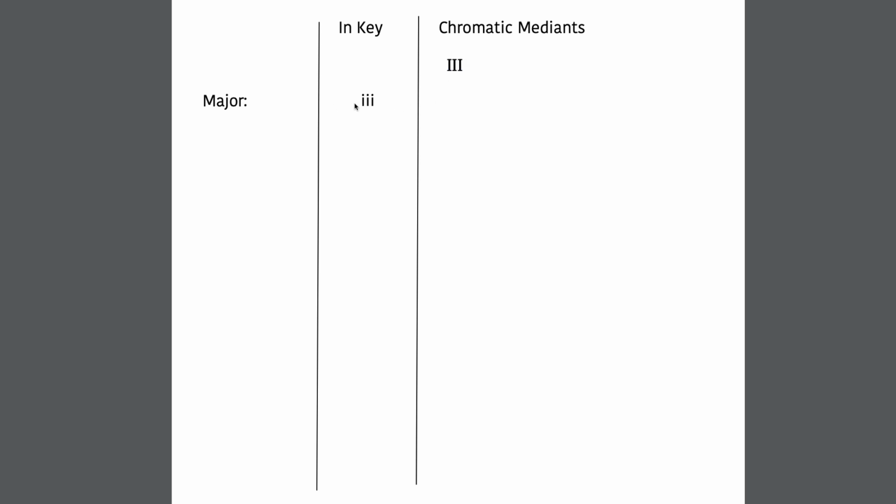Okay, so I have a minor third. I could do a major third, right? I could do a flat major third. Major 3, sorry. I could do a flat minor 3. All right, so if I'm in C major, I have E minor as my predicted chord. I could do E flat minor. That's a cool